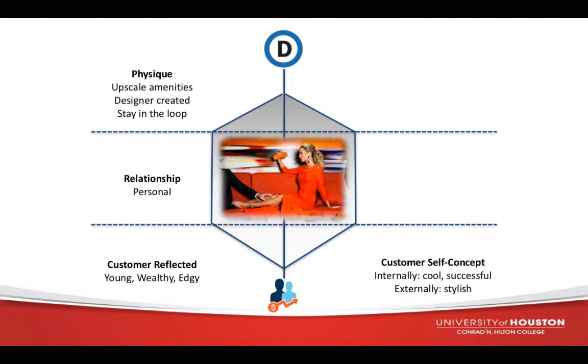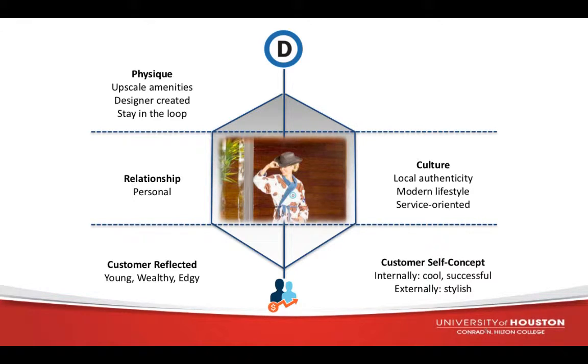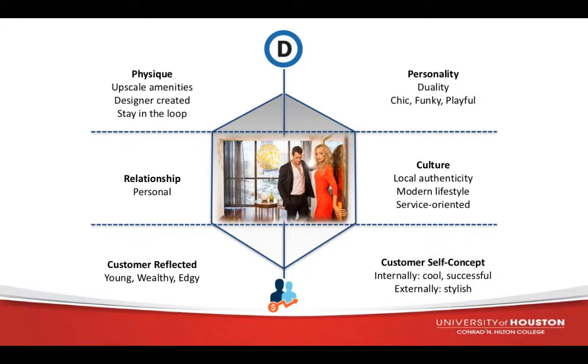In terms of consumer self-concept, the luxury experiences that Hotel Derrick offers, along with its modern decor, may make guests feel urban and sophisticated, while allowing guests to rest easy, knowing that the name of Hotel Derrick lends them an aura of success and refinement. Guests who stay at the Hotel Derrick are almost immediately aware of the present Texan elements, such as the life-size cow sculpture and cow print chaise lounge. The duality of the hotel's personality, business by day, pleasure by night, is a trendy and unique characteristic of Hotel